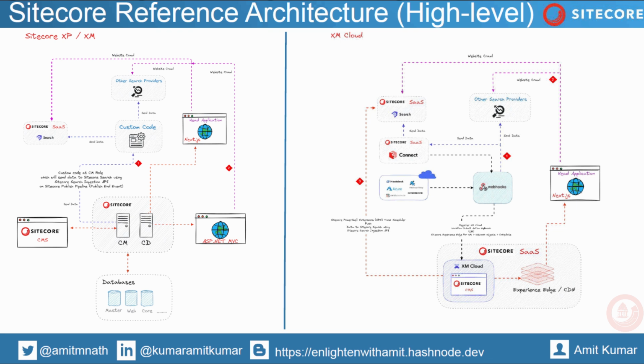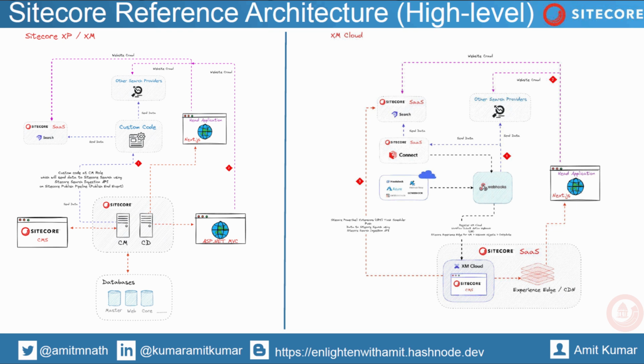You can write a recipe there, and you can register a webhook in the XM Cloud CM role, and then that webhook can push data directly to the Sitecore Search via Sitecore Connect, or you can use any other API layer or a custom webhook layer, or you can utilize Azure to host a webhook, and push data to the Sitecore Search,